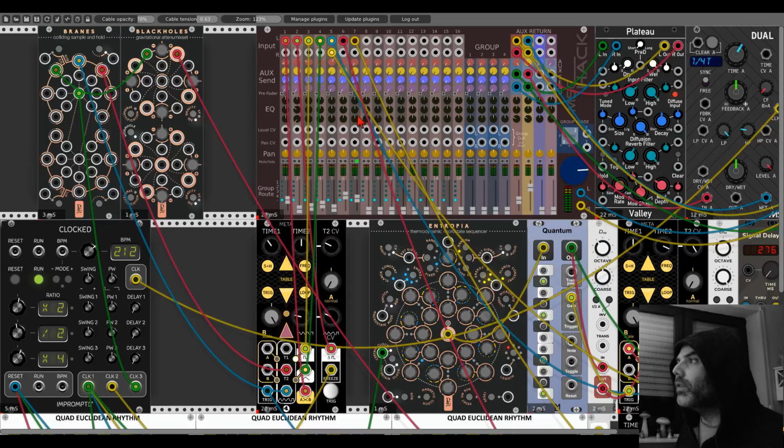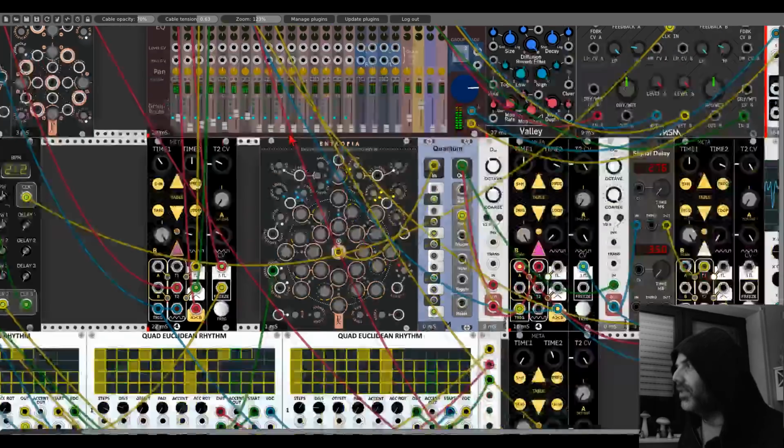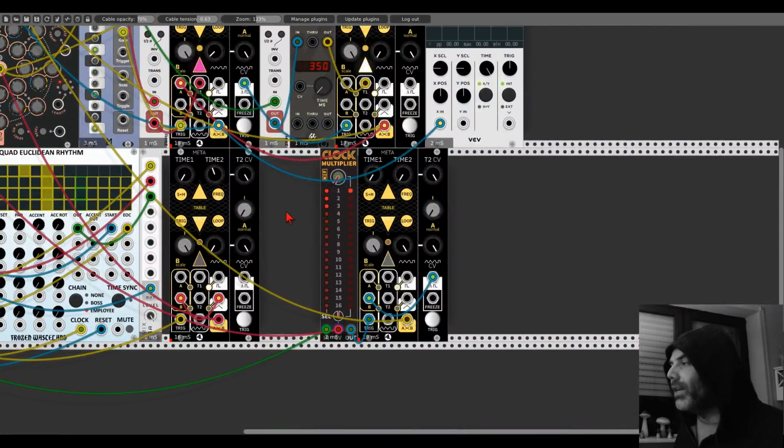Let's take... We have an equalizer here. Okay, so I have to connect the triangle through